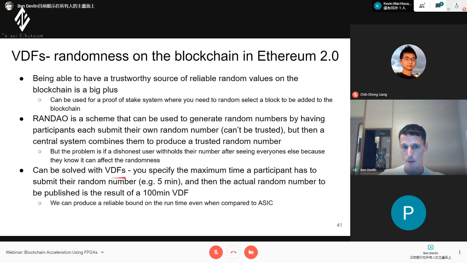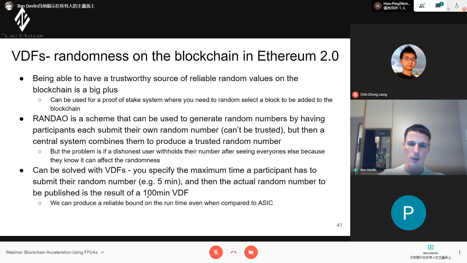Maybe it's very small, but they can use this to affect something and have a big outcome. So you can solve this with VDFs by saying there's a maximum time a participant has after they submit their random number before you have the random number generated. So you can use a VDF for this. For example, the random number you generate is not the XOR of everyone's inputs, but the result of a VDF, which might take 100 minutes.